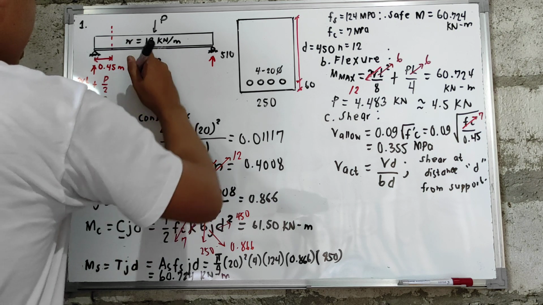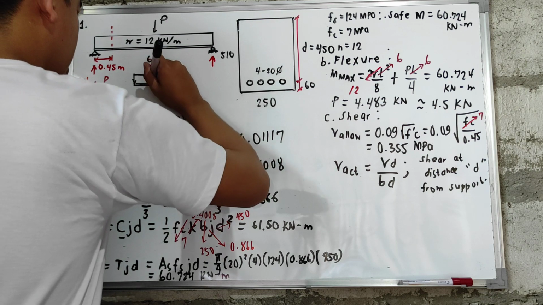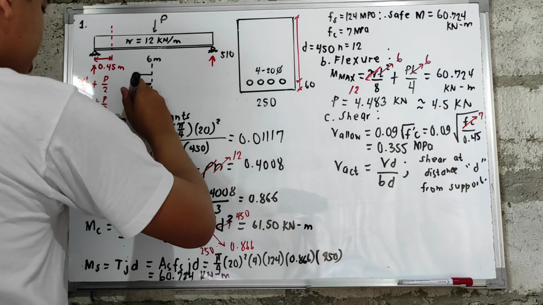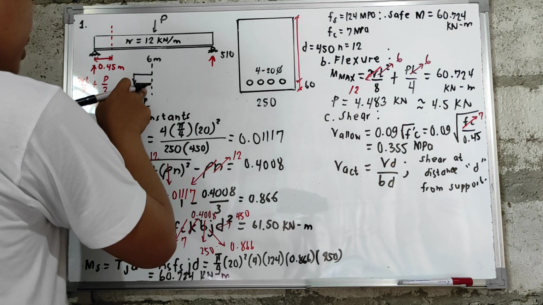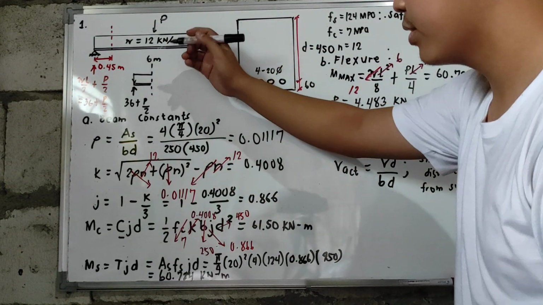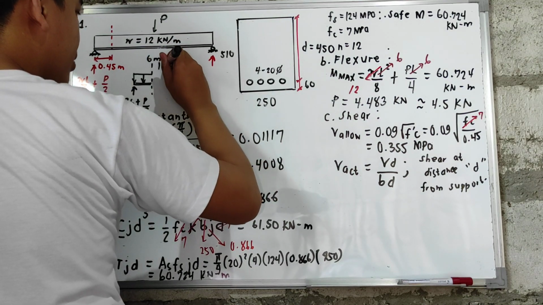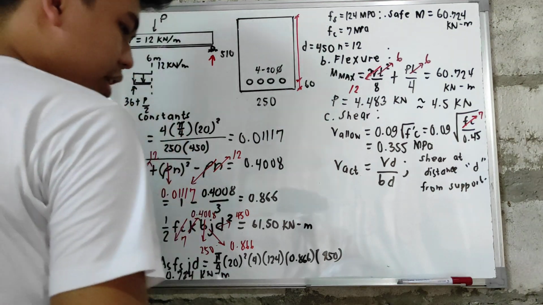Ito yung nakat na section natin. So, lilitaw dito yung support natin na 36 plus P over 2. Tapos, yung uniformly distributed load natin na 12 kN per meter. Tapos, yung distance niya, that is 0.45